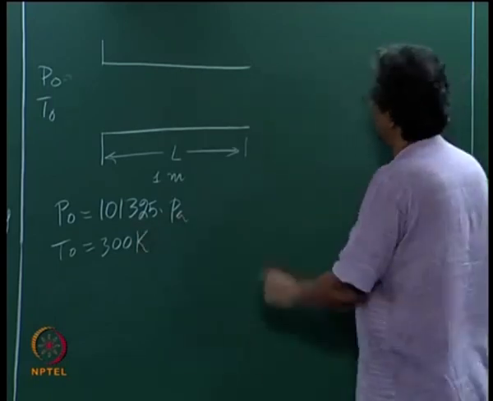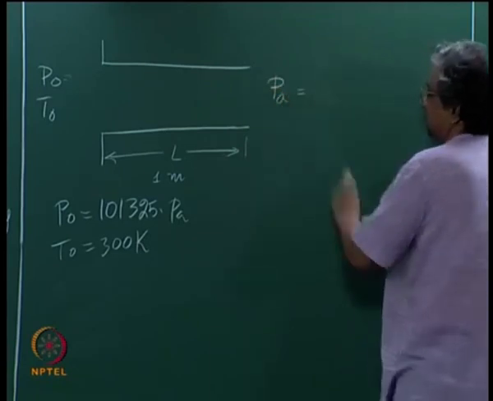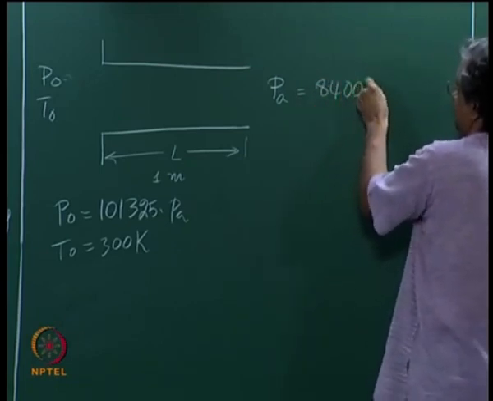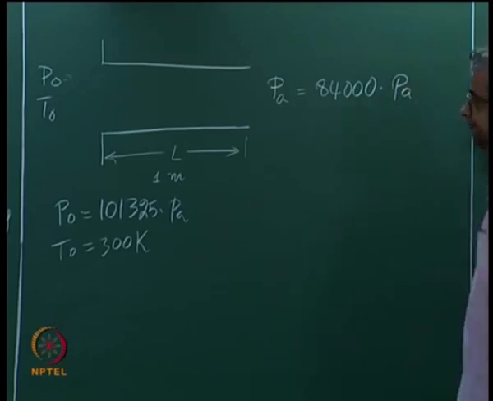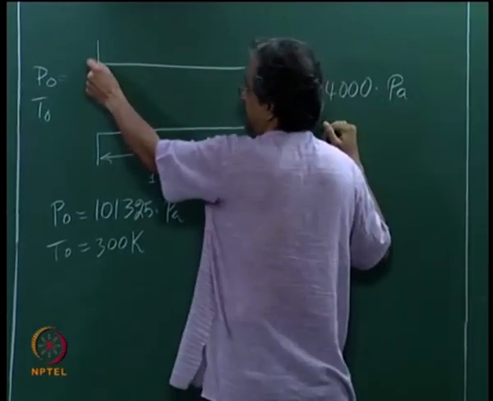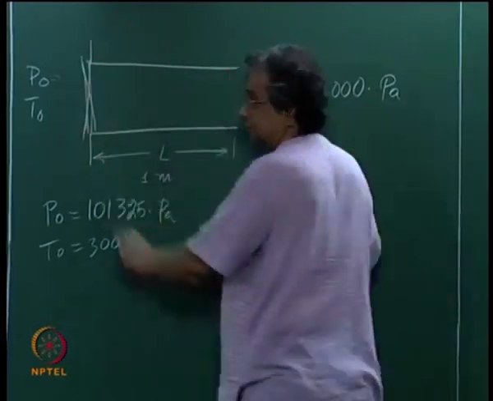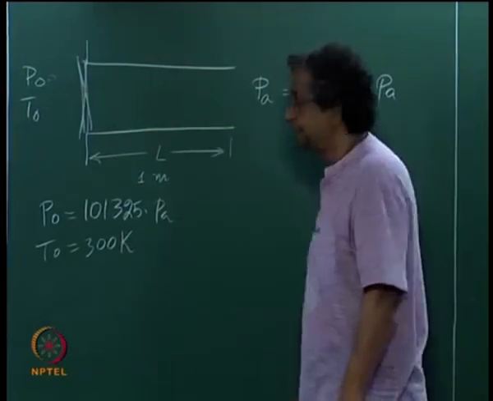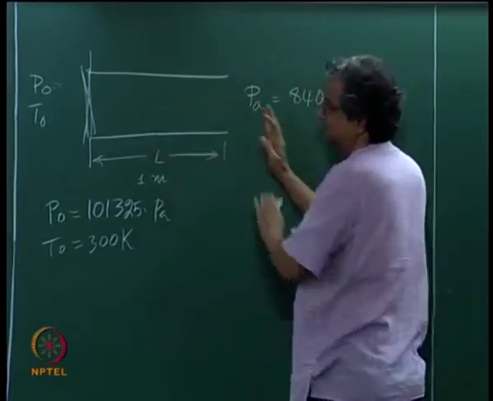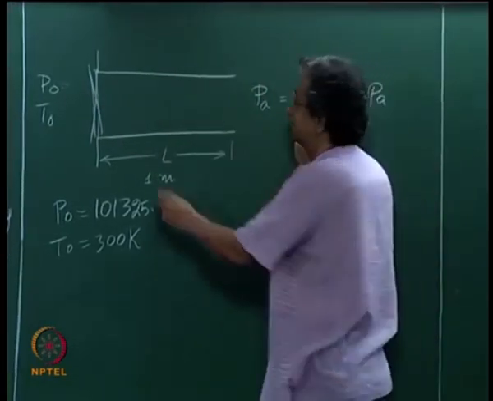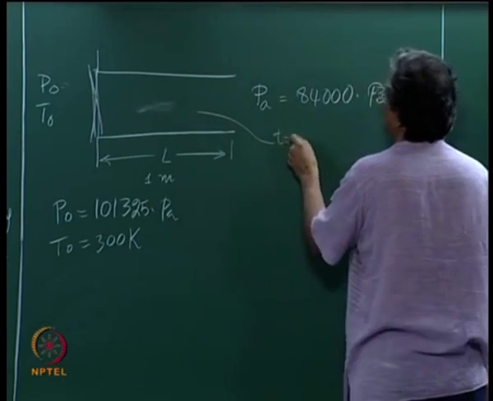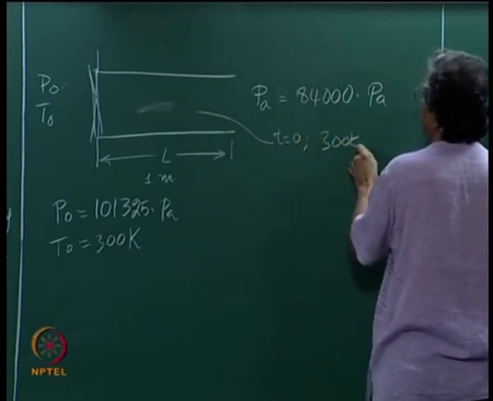You can start this off this way. Here of course we have 84,000 that I had picked, pascals, and to set the initial conditions, I'm not going to write it here as a boundary condition. Remember the problem that we picked: the valve that's opened is at the inlet. So this condition, I gave it as 300 Kelvin, right. So the condition in here is whatever is here. So this is the initial condition, T equals 0, 300 Kelvin, PA,